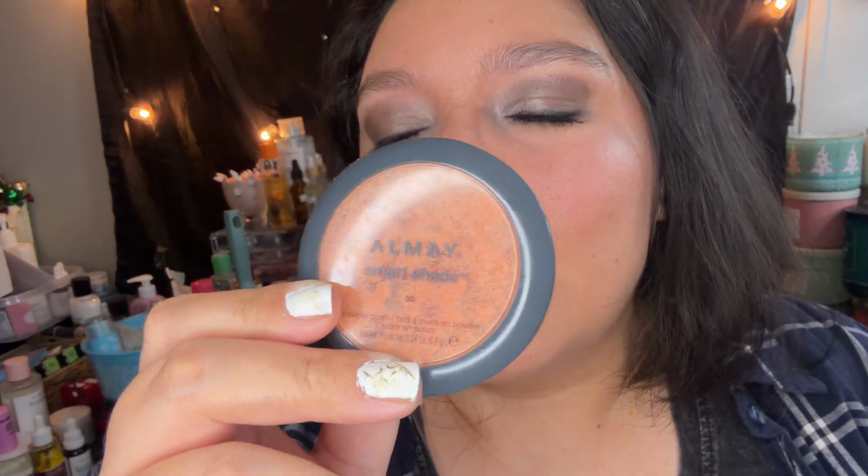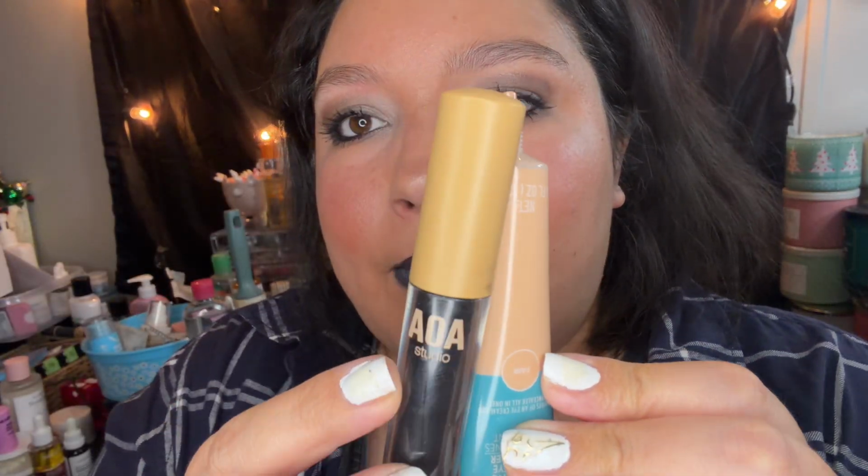This blush I've had for forever. It's just been kind of sitting in my makeup collection. This is in the shade 30 Coral. And this is kind of like an orangey blush. I put that on top. And I'm actually not wearing any bronzer today. I think I'm just going to keep it without bronzer. I actually might end up doing bronzer later. But yeah, and then for my lips, I use my AOA Studio matte lipstick from Miss A,